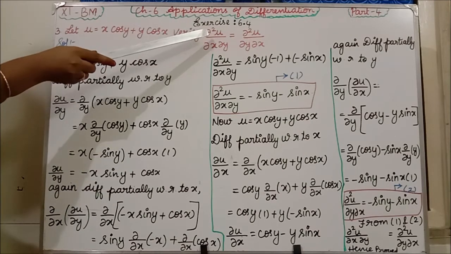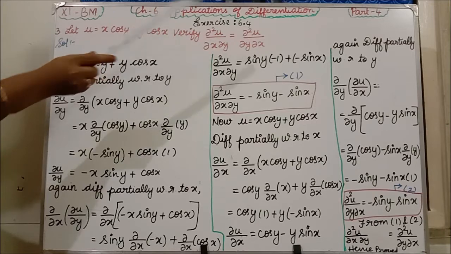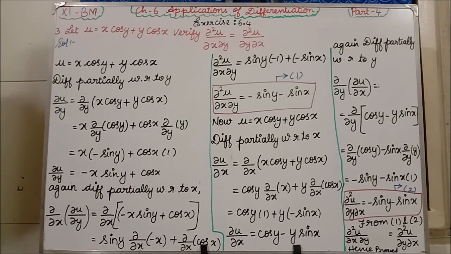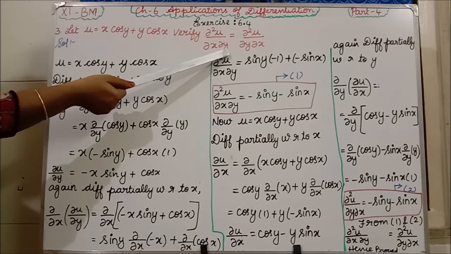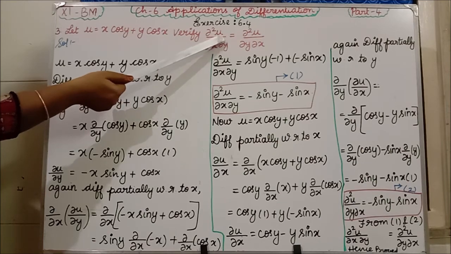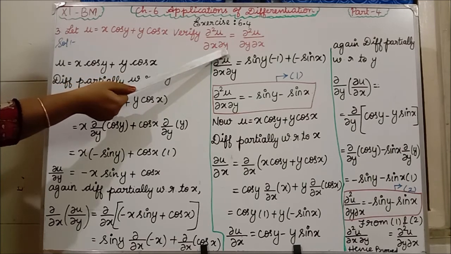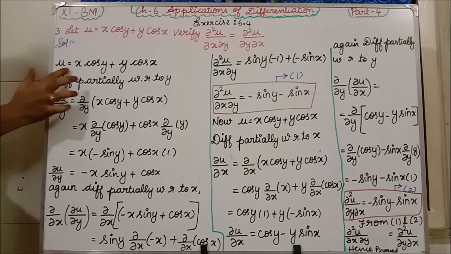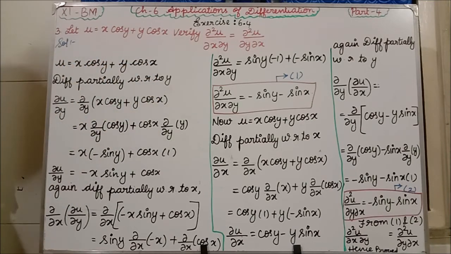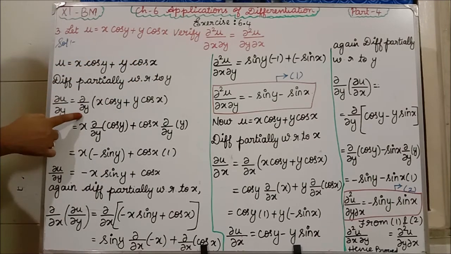First, what do we have to verify? Dou square u by dou x dou y we have to verify, isn't it? So what we have to take first means the last only you have to take. First what, last what, they have given y. So you are going to differentiate u with respect to y first. So differentiating partially with respect to y. If you are differentiating this given function with respect to y, what will we get? Dou u by dou y is equal to this function I am going to differentiate with respect to y.